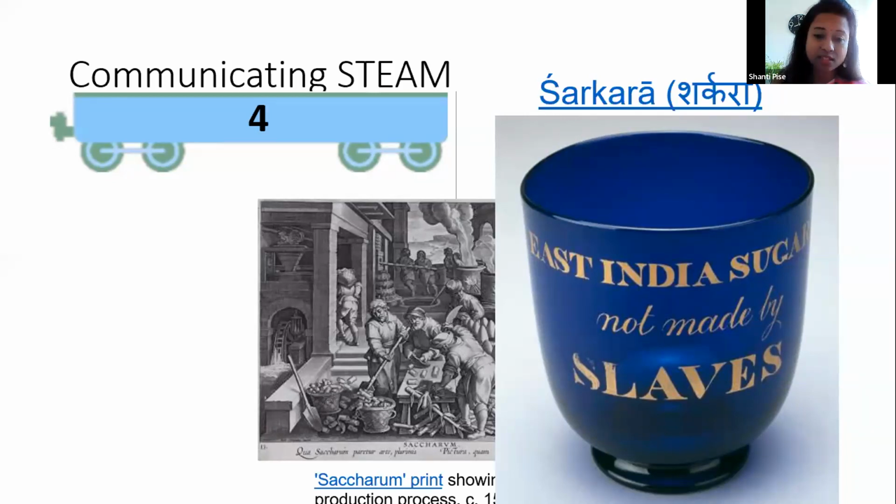Mostly sugars जो बनाते थे, there was a lot of slavery involved. So as I told you, its past is not that sweet. But there were people who started a revolution against it, and this mug which says that it is not made by slaves is the first step in this revolution, कि slavery के against हम कैसे जाएं. So when we are communicating about steam and talking about an important aspect, sugar,